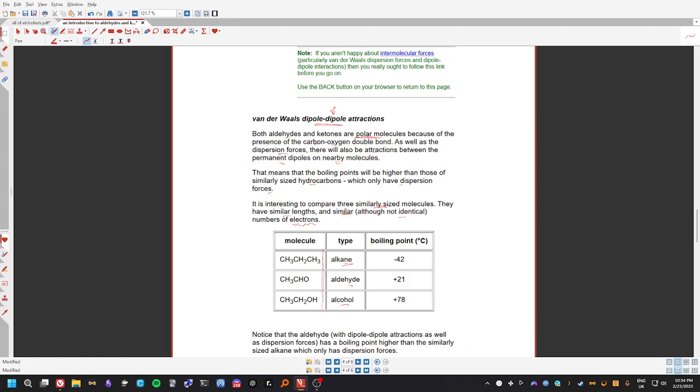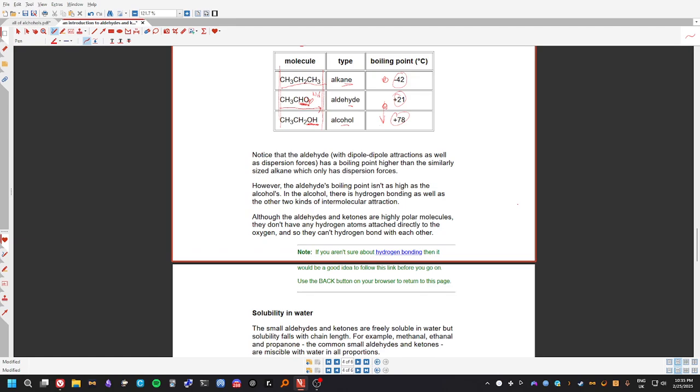So they tried getting as similar of a length and amount of electrons, or the MR, and they looked at the boiling point, and it says that alcohols are much stronger. Alcohols are the strongest, aldehydes are weaker, and alkanes without an OH are the weakest, because this has a hydrogen bond. This not only has a greater MR, I believe, but it also has the dipole-dipole forces, which are stronger compared to your